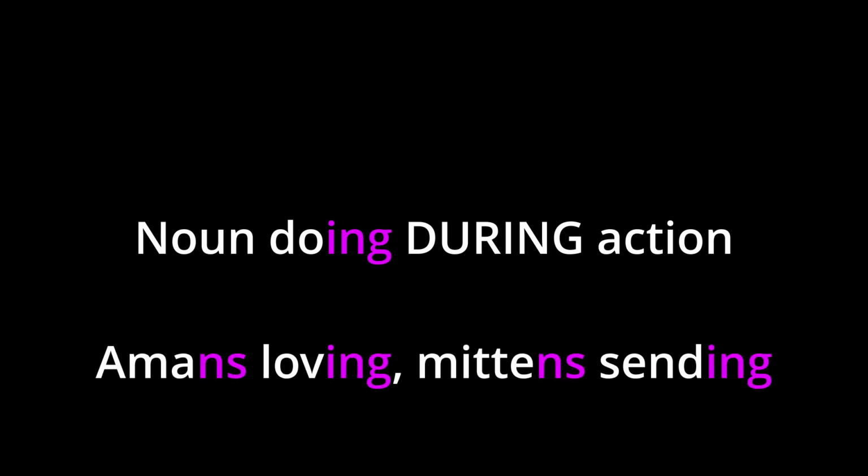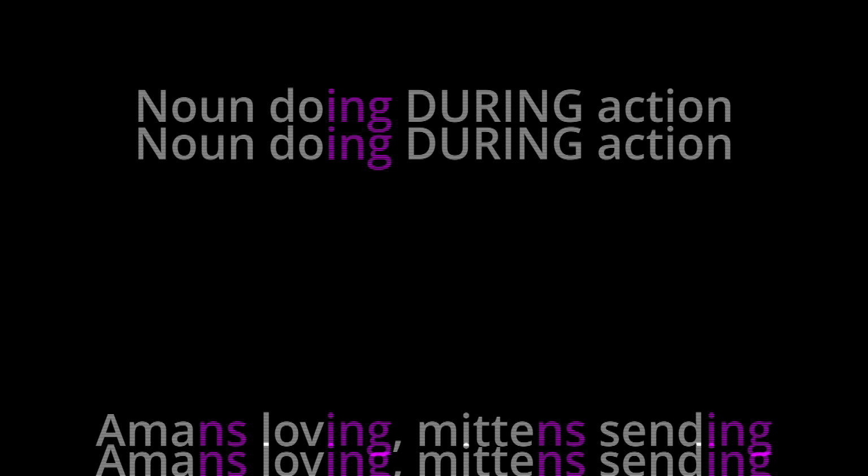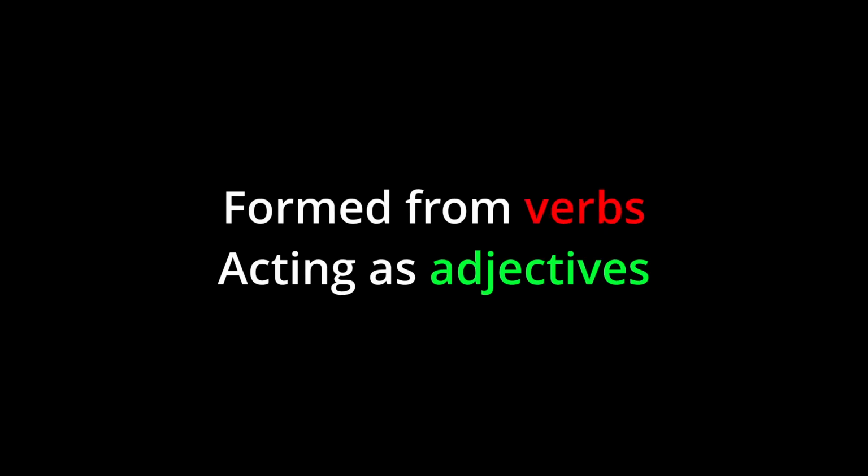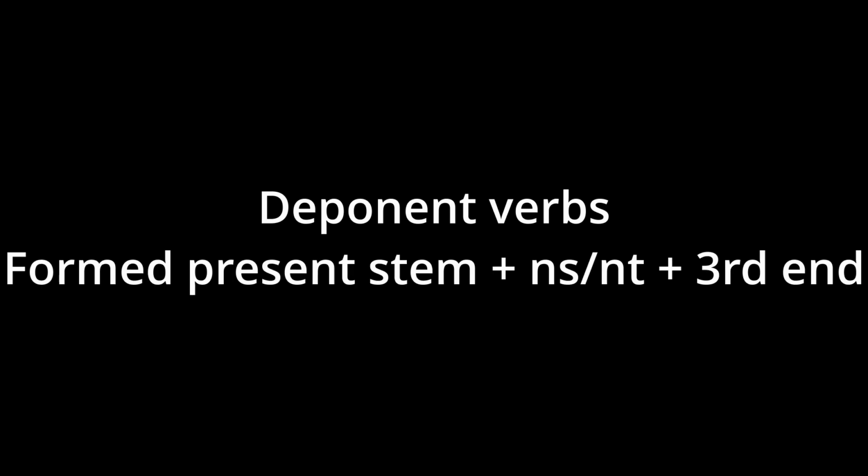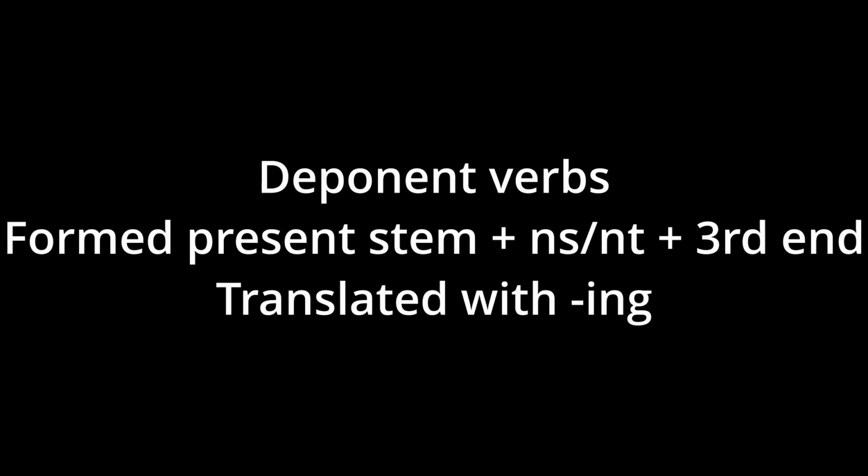These are describing what the noun is doing during the main action and are translated with the ending ing. Amans, loving, mittens, sending, and so on. Just remember, despite them being formed from verbs, they are still acting as adjectives. So, amans vir is the loving man, instead of the man loves. Deponent verbs become participles in the exact same way, and are translated the same too, since they already have active